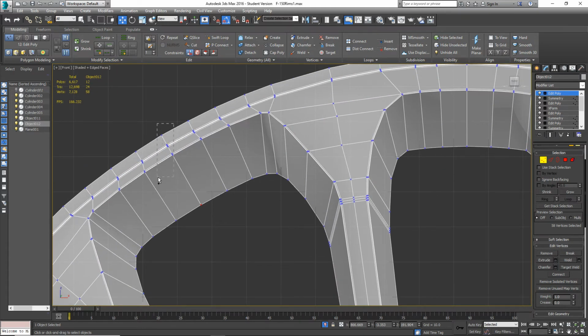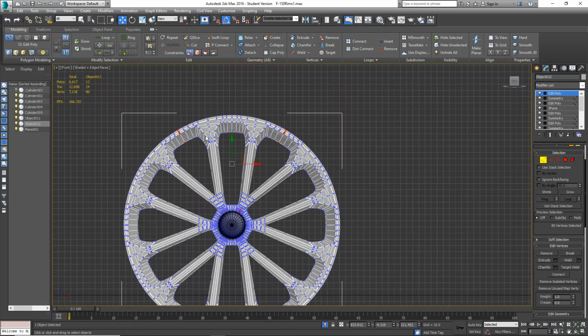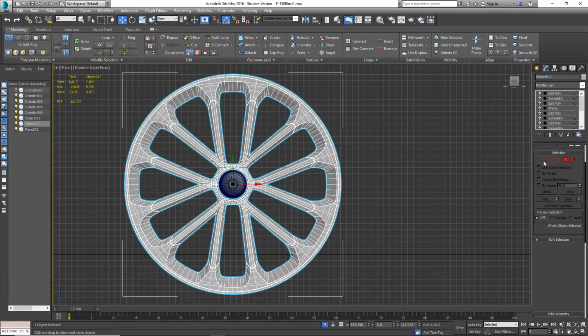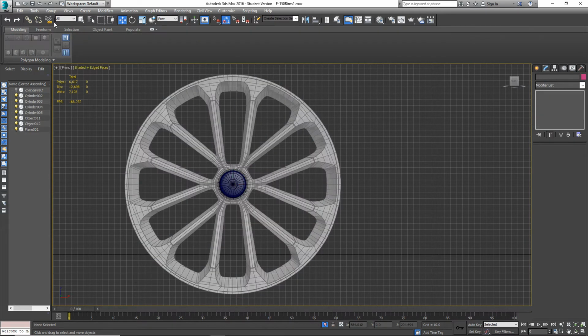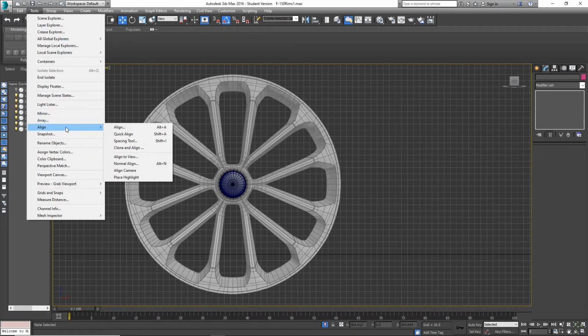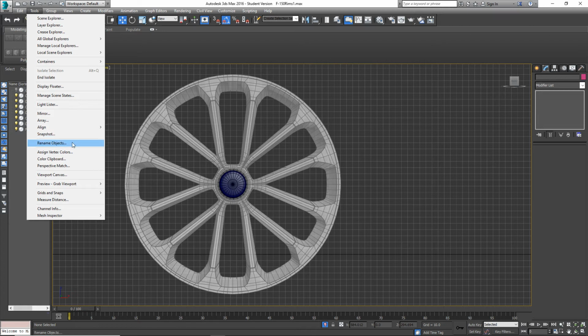We'll grab this. But basically, you'll end up welding all of these together. But I just did this to show you how the array tool works in that selection menu. Continuing on from array, you have align, snapshot, rename objects, assign vertex colors, color clipboard, perspective, all that stuff that